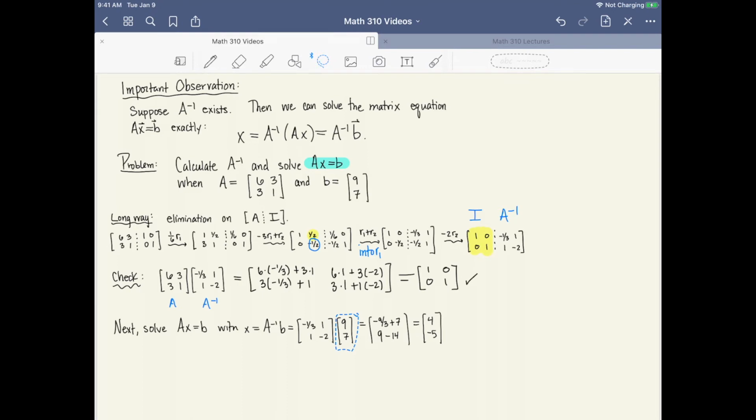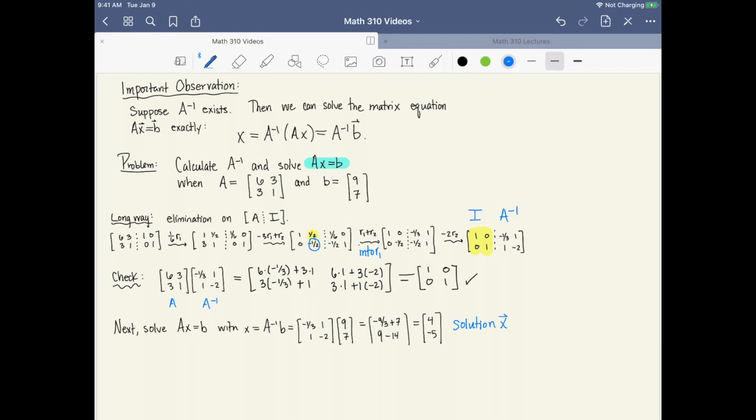Up until this point, we haven't used the vector B yet, but we use it here. And this is matrix times vector. So these two entries in the product are worked out by the dot product of row times column and then row times column. And that gives me 4 minus 5. And this is my solution,